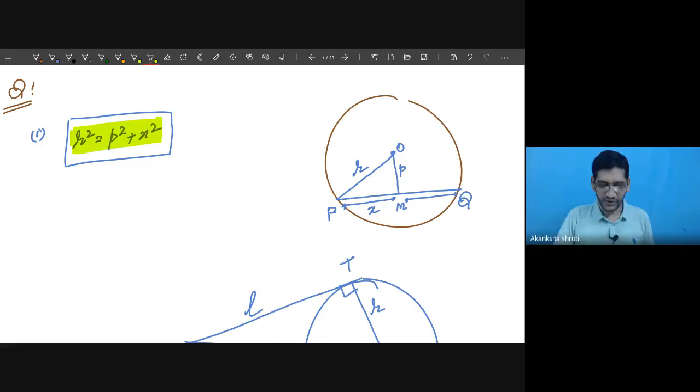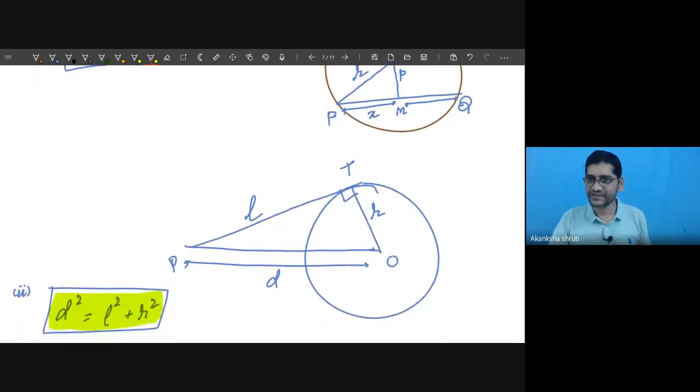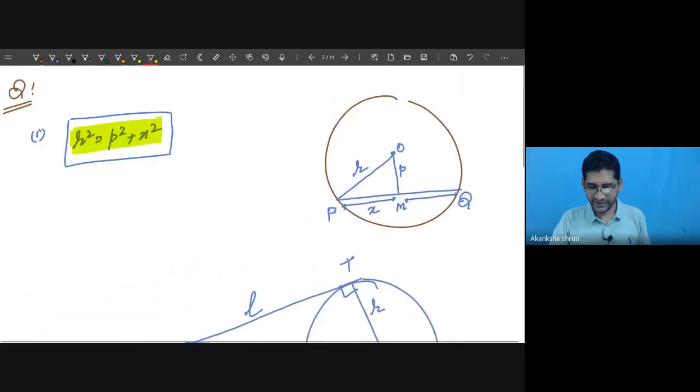Yes, sir. Okay, so this way I had explained all the concepts. Concept-wise nothing is left, but questions are left, because how to solve the questions is equally important. Today we cannot do it, otherwise I will need another 1 hour. So tomorrow I will solve the questions based on equality of tangents and how the angles work.